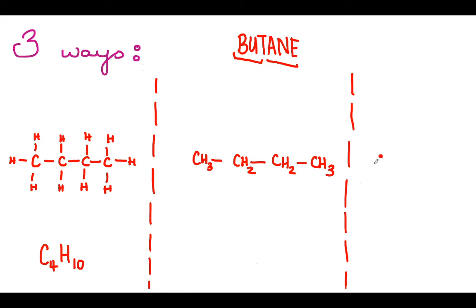So when I'm drawing butane, each carbon that I have is going to be one end of the line. So I have 1 carbon here, another carbon here. So that's going to be 2 carbons. And then because I have 4 carbons in total, I'm going to draw another dot. So that's another carbon and another one. So that's 4. So if you want to just sort of follow along with me, that's 1, 2, 3, 4. So each end of a line kind of becomes a carbon.